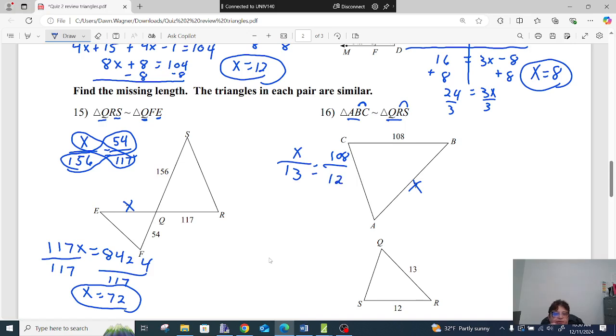And you cross multiply. So 12x has to equal, what is 13 times 108? 1404. And then divide by 12. X is equal to,